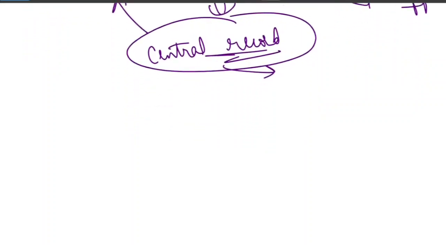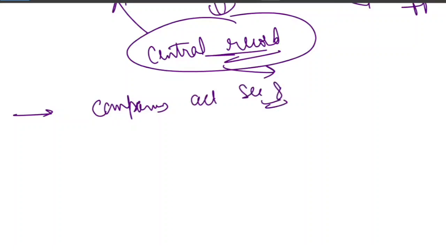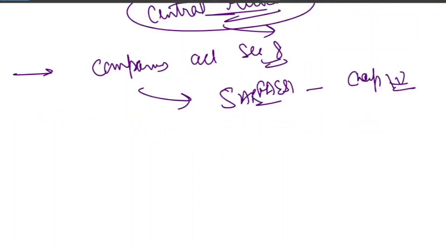Although SARSAI is formed under the Companies Act, section number 8, it is also created under the SARFAESI Act, chapter number 4. So the SARFAESI Act is the law that governs securitization, asset reconstruction and security interest. That's why under the SARFAESI Act, the government has got the authority to make the SARSAI.